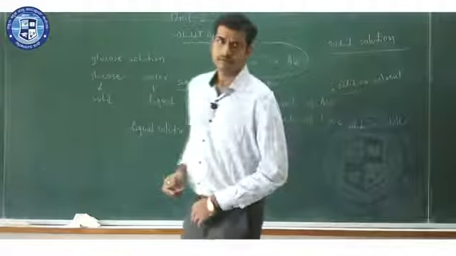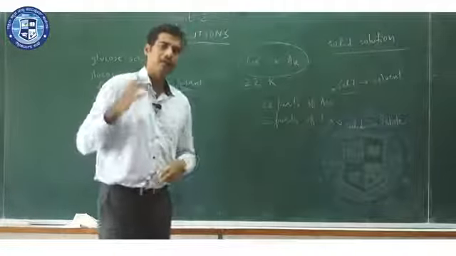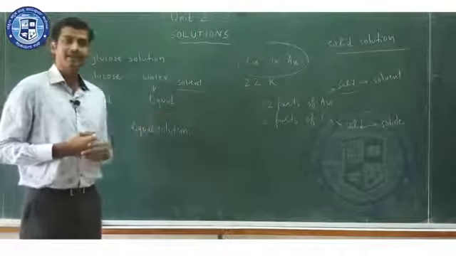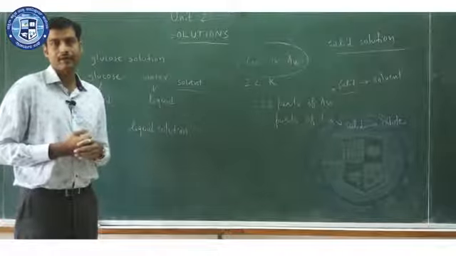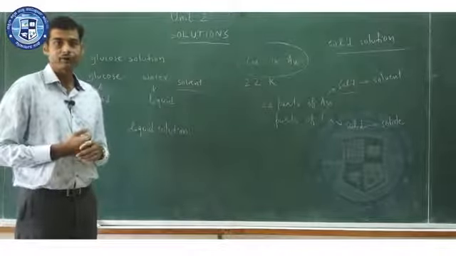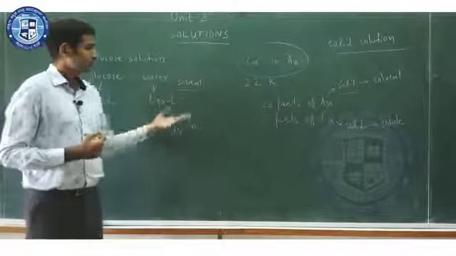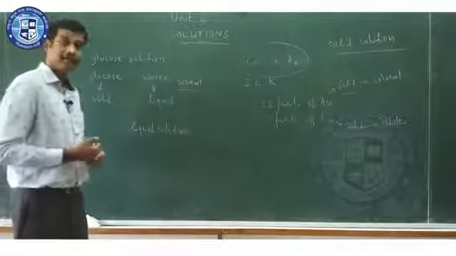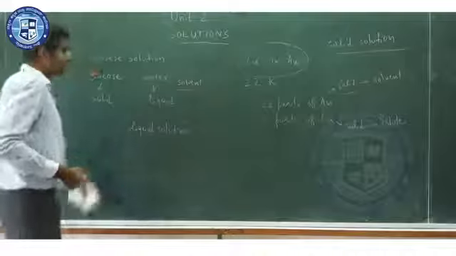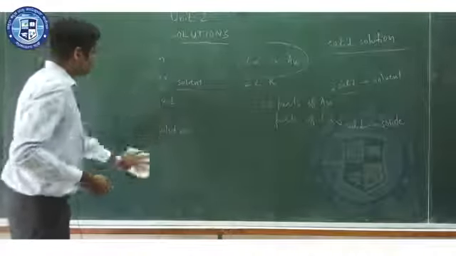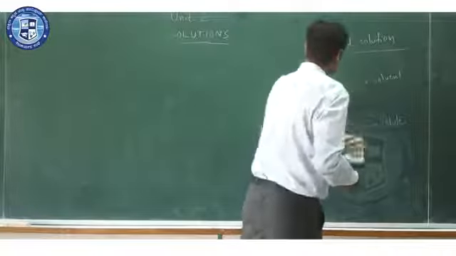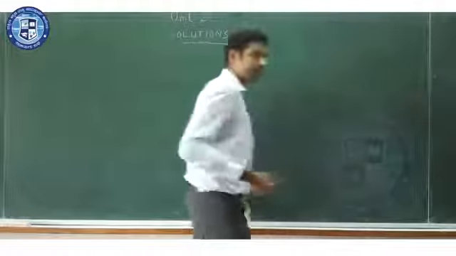So in this way, we will be able to have 9 different categories based on the physical states of the solute and the solvent, and basically 3 types of solutions: liquid solution, solid solution, and you can even have gaseous solutions. Hence, let's try to list out the various categories and understand some of the examples associated with this.